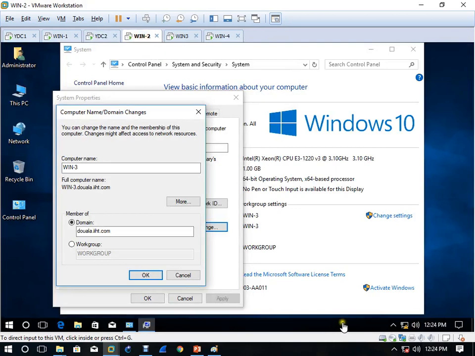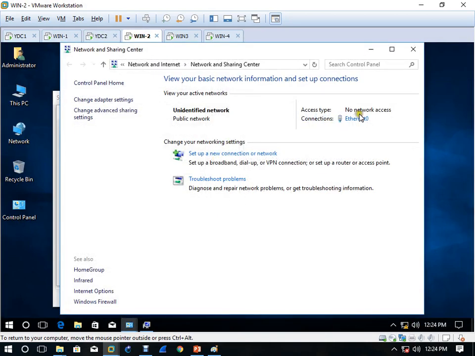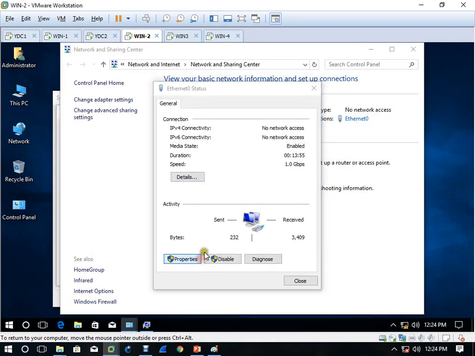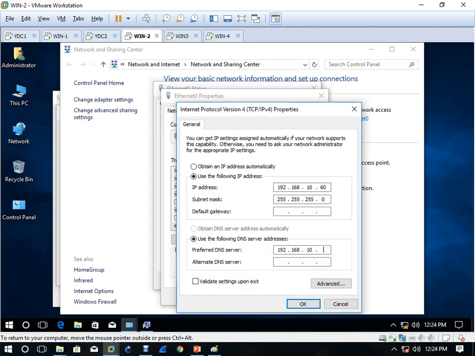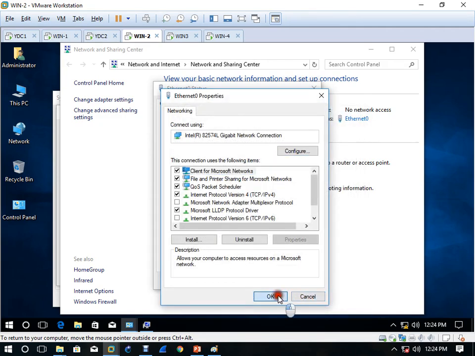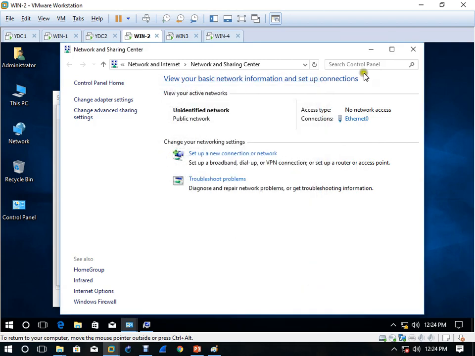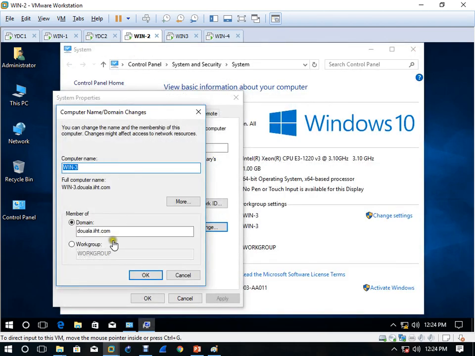Just come here and give the IP. Which IP? The DNS IP is what? 10.2. So change here to 10.2, and to be on the safe side make 10.1 also. Okay. Close. Now try Dwala.